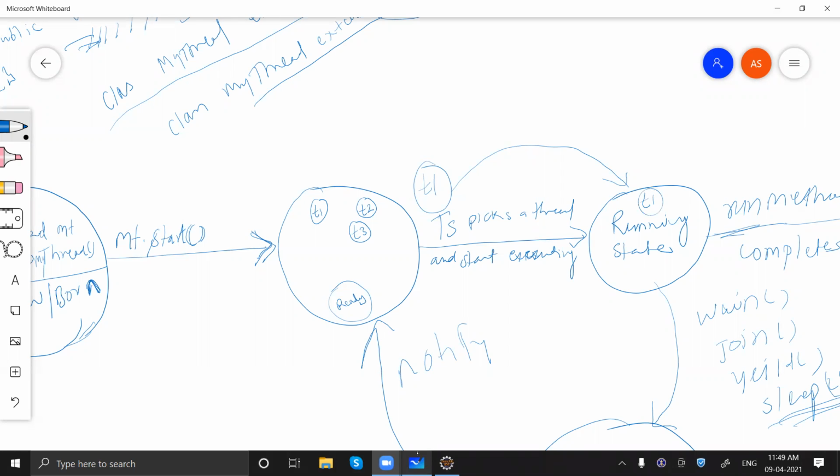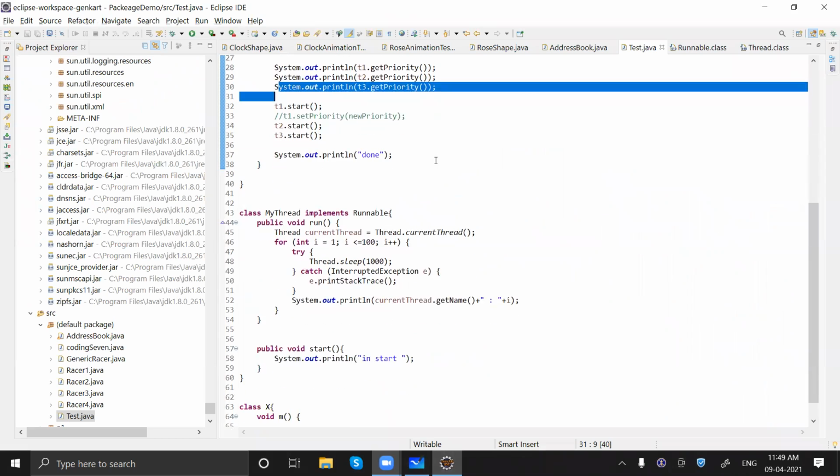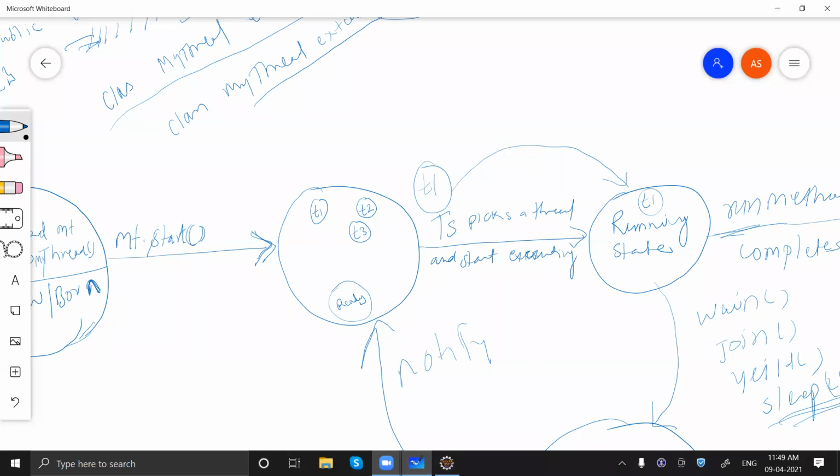And when we say run a thread or execute a thread, it starts calling the code which we have written inside the run method. Inside the run method, what we wrote is: print the name of the current thread object, and post that, go into the loop and sleep for 1 millisecond. Now T1 came, entered into this run method and slept for 1